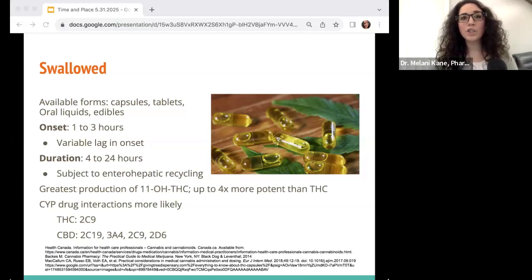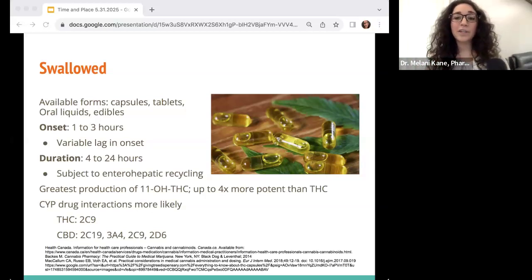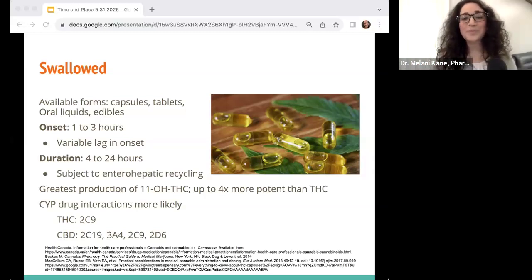So there's no target dose when it comes to cannabis. It's not like I absolutely need you on 10 milligrams to treat your night terrors because that's what the clinical trial said. It's more so of how do you feel, and subjectively, are your symptoms controlled and you're not having impairment, we can continue. Last but not least, because the liver is involved as well, we're going to have more drug interactions, and I will discuss these in a little bit more detail later on in the presentation.